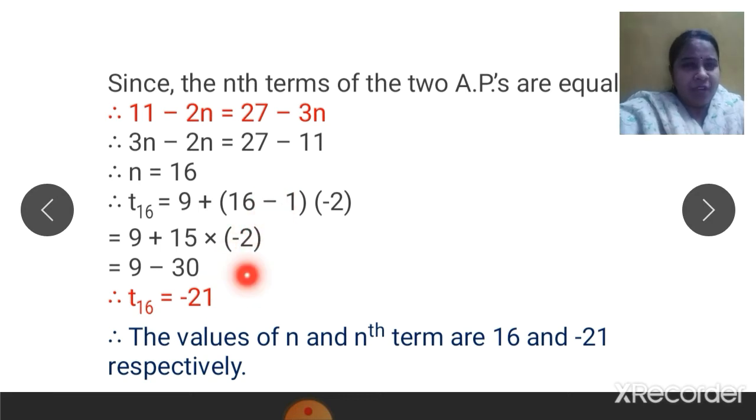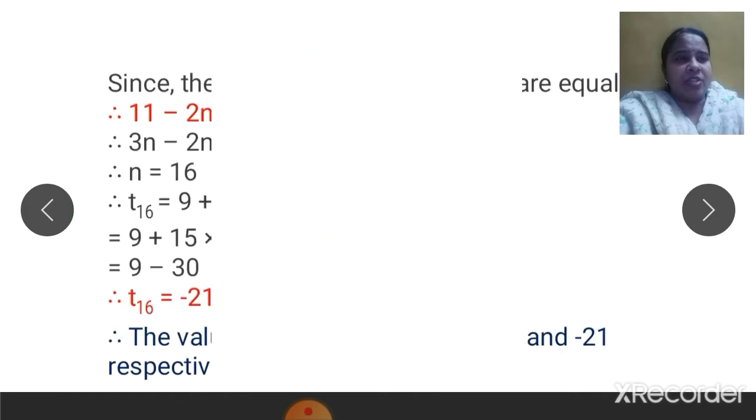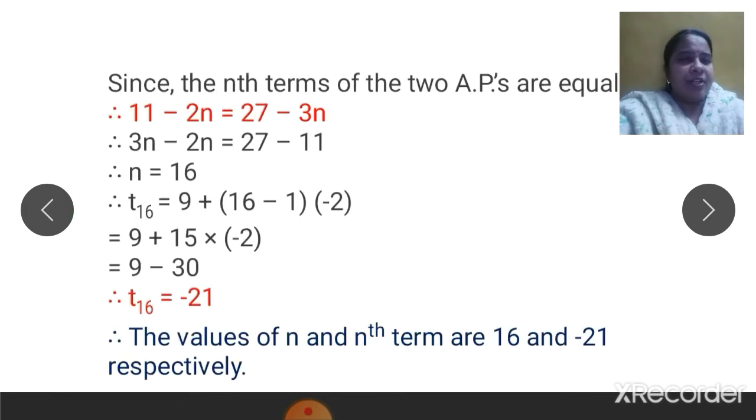This is one way of doing it, that you use the formula which you know and get the answer. You know that n is 16. How to get the nth term? For that, you can simply substitute in this also. Either in this or in this, the value of n is 16. You will get the value. Final answer. I hope you are understanding it. Yes? Now see this. How much did I get? T16 is minus 21. There are so many ways of finding this value.